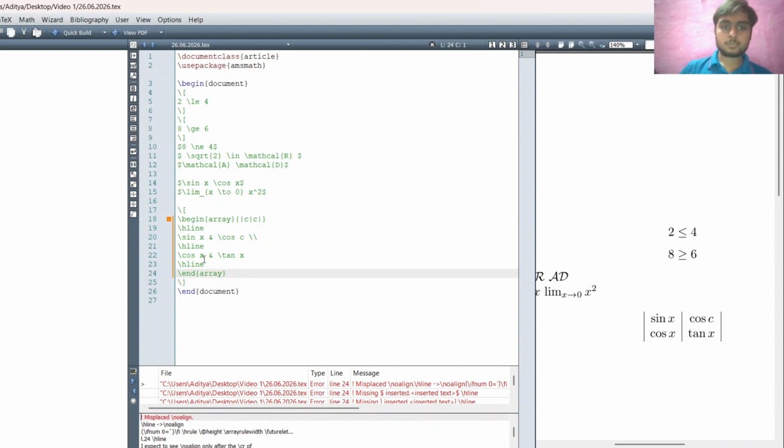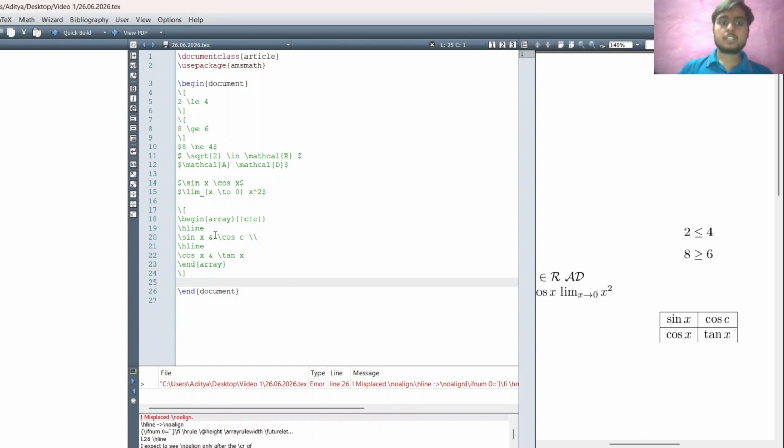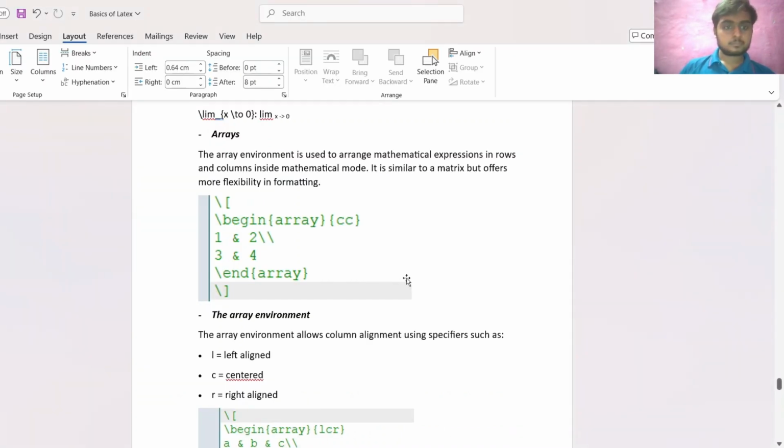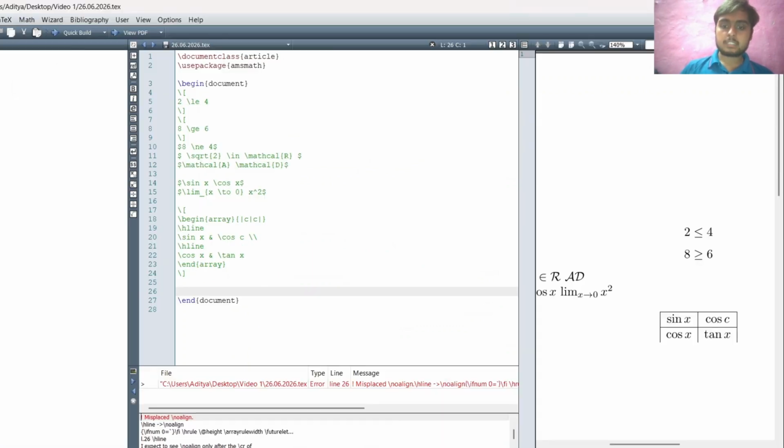Okay, line 24. Just a minute. Okay, so we can insert a horizontal line like this. Similarly, we have array environment. We can use the LCR.